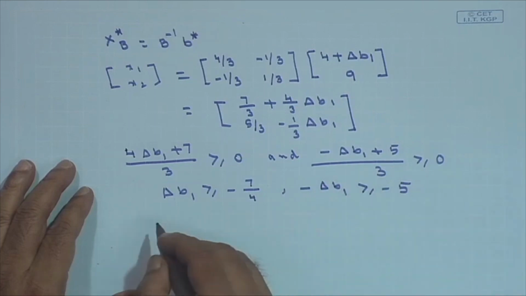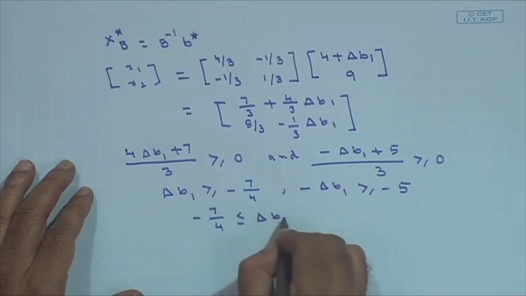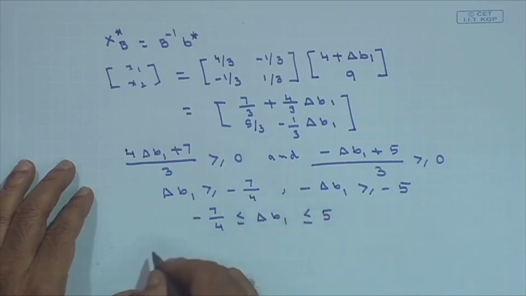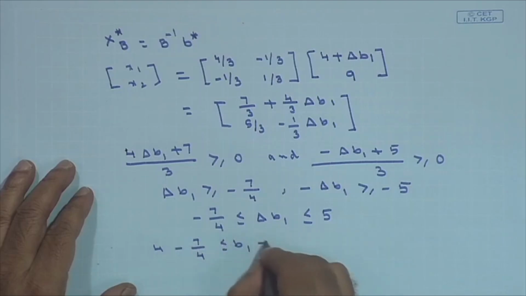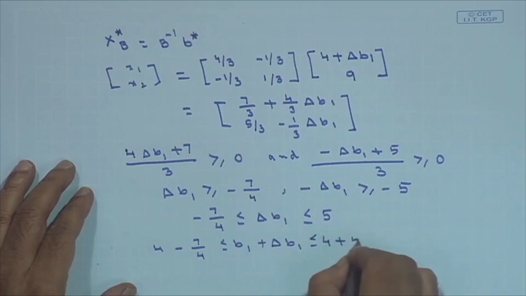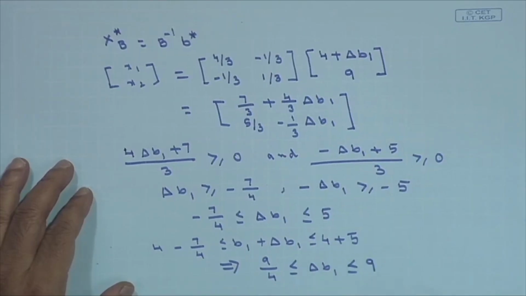If I combine these two, then minus 7 by 4 is less than or equal to delta B1 less than or equal to 5. So, I can write down, original value was 4. So, 4 minus 7 by 4 less than or equal to B1 plus delta B1, which is less than or equal to 4 plus 5. Or in other sense, this implies 9 by 4 less than or equal to B1 star less than or equal to 9. So, from here it is quite clear that since the range is 9 by 4 to 9,